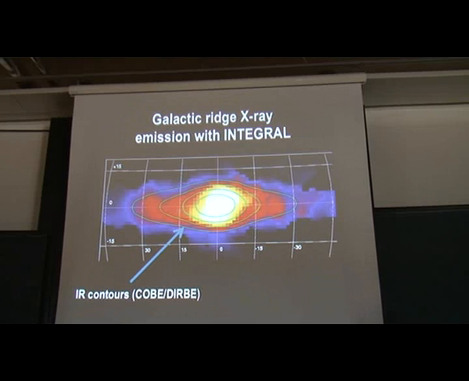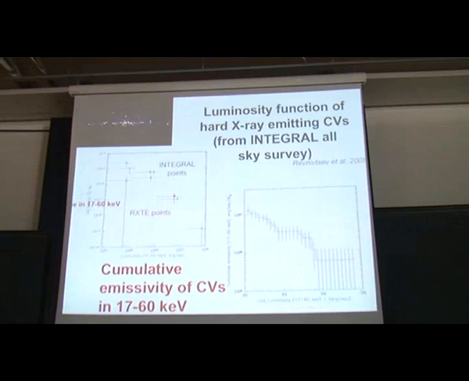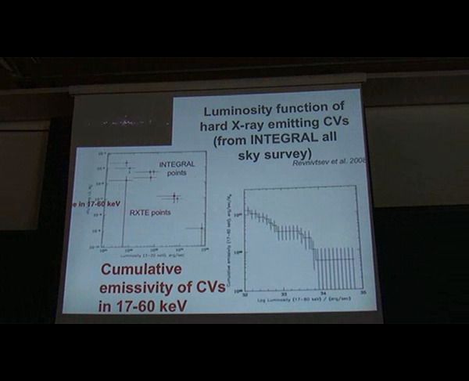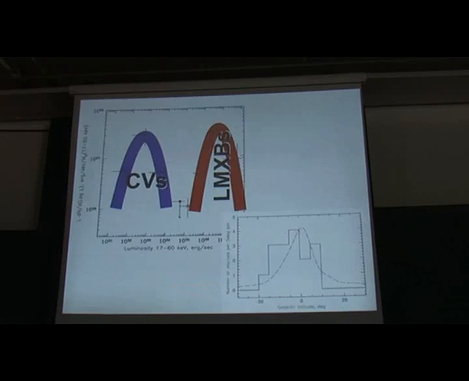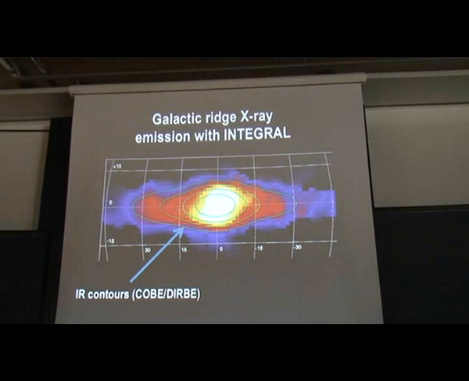if you subtract the flux from all sources along the galactic plane that you can easily see as low mass X-ray binaries, you will see something like a pale stripe along the galactic plane, and this pale stripe was long considered to be diffuse emission of the galaxy, but there were big problems interpreting this emission. But now we can see that the cumulative emission of CVs, which we can measure in X-rays, per second per solar mass of the stellar population, if we recalculate this value for the galaxy, we can easily explain the shape, the spectrum and the normalization of galactic ridge X-ray emission.